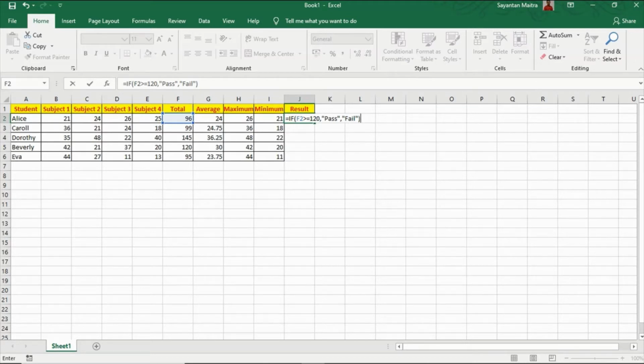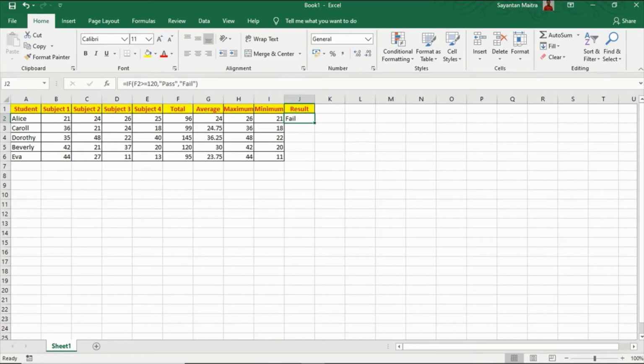So if we want Excel to understand something as text, we have to use the double quotation sign. Now we press enter and the student has failed because she has received 96, which is less than 120. Now we have to find the result for the remaining students.